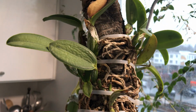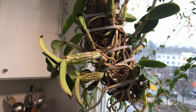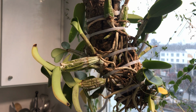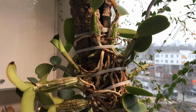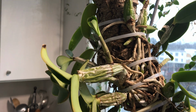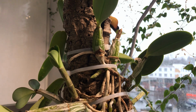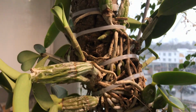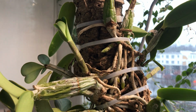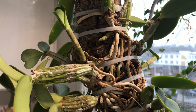multiple walkerianas and one nobilior. You can easily tell which one is nobilior because nobilior is a bifoliate. Walkerianas are unifoliate. And this nobilior is pushing out a healthy new growth with really thick, nice fat roots. And the walkeriana is also pushing out a fat new growth, and all of the previous old roots are still branching. And one thing I